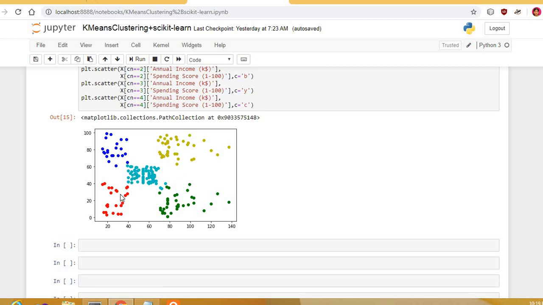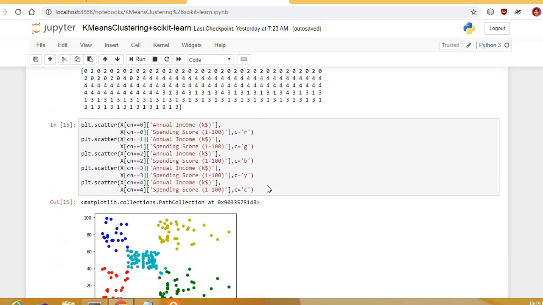That is a limitation of the k-means clustering algorithm if I myself or the user input the number of clusters. So let the algorithm determine how many clusters are possible in this particular data set. If instead of 5 we reduced the number of clusters, let's say blue and red into one cluster and the remaining in one cluster, my results would not have been accurate.